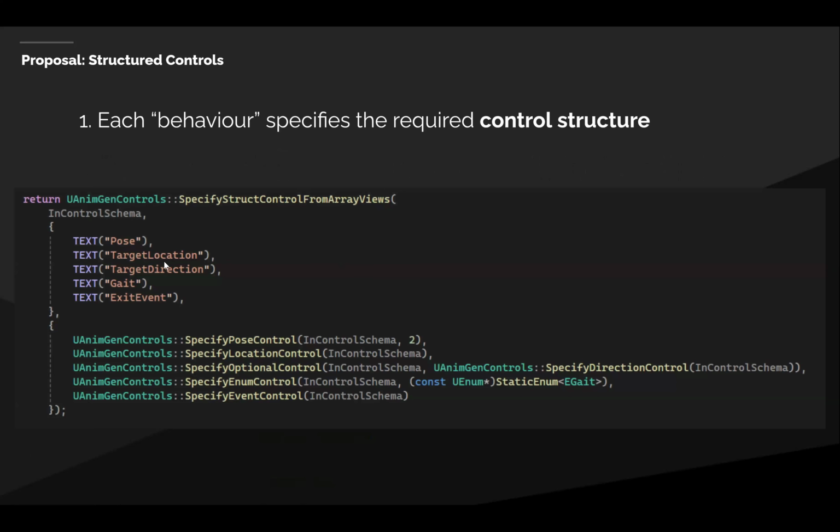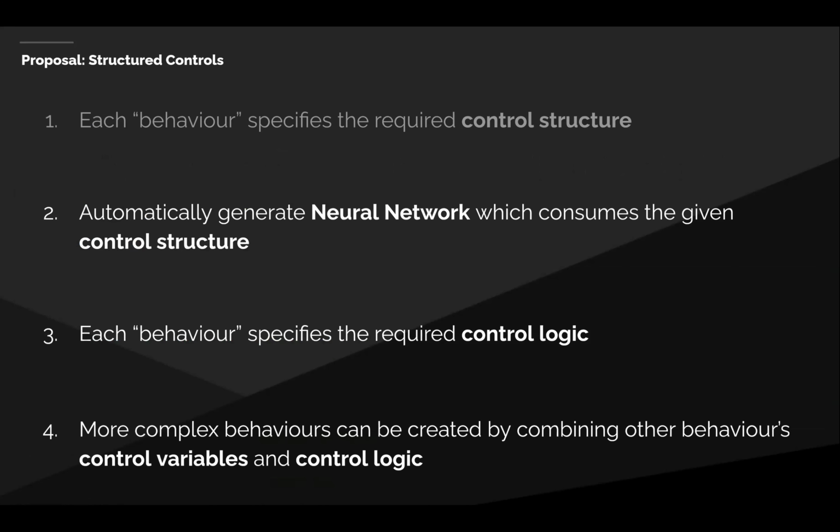And this is exactly the same thing, but in C++ instead of the visual scripting language. So it looks a bit simpler in C++. And that's going to be our sort of API for how we specify the controls. And we can store that structure just as data. So you could imagine it being stored as like a JSON dictionary or something like that.